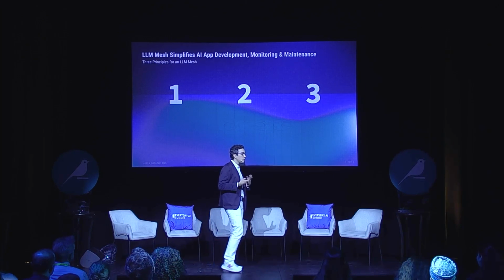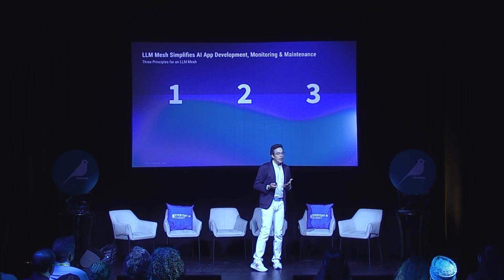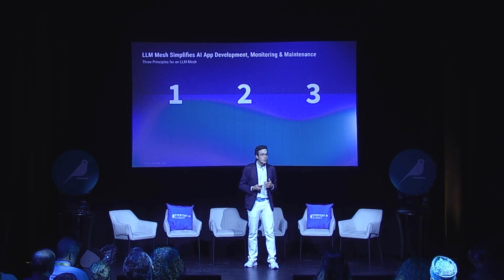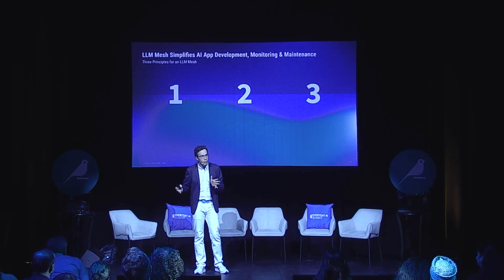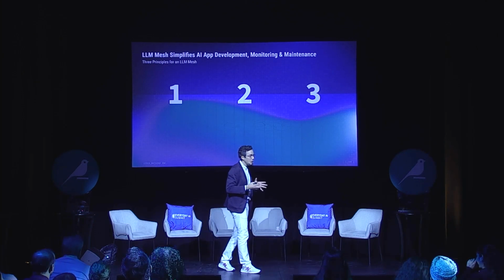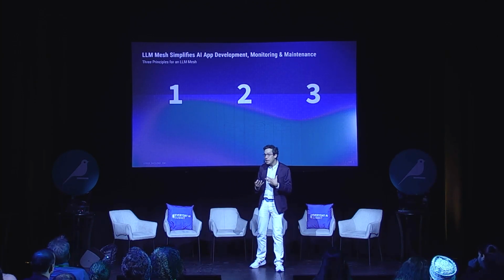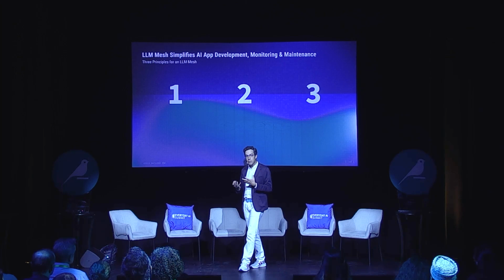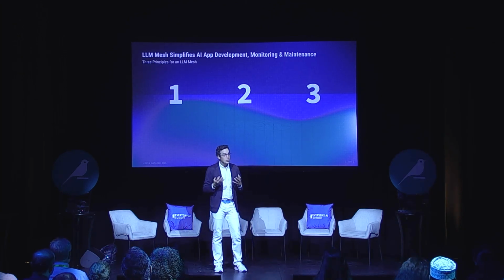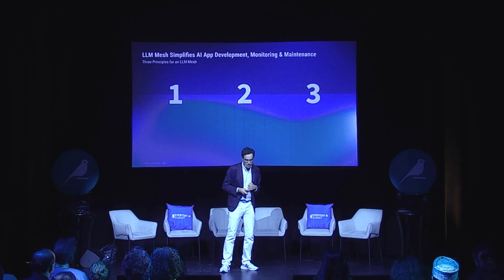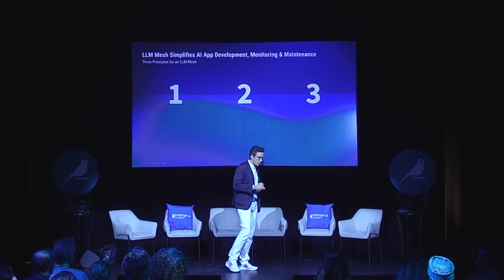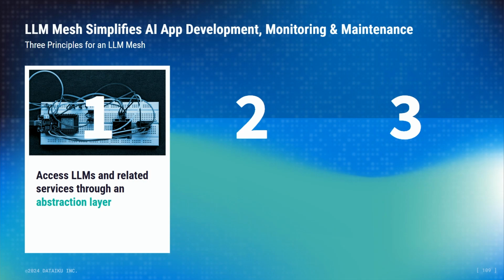And so what we propose within the LLM Mesh is a simplification for AI app development, monitoring, and maintenance, right? And so I propose it for those 3 different categories as well, in order to cover the entire life cycle of these applications. Once again, we need to get beyond building POCs of these applications and start building really production-deployed applications that are running on top of these agents that we're able to build ourselves. So the LLM Mesh has 3 main principles. The first is to access the LLMs themselves and the related services through an abstraction layer, through a secure gateway,